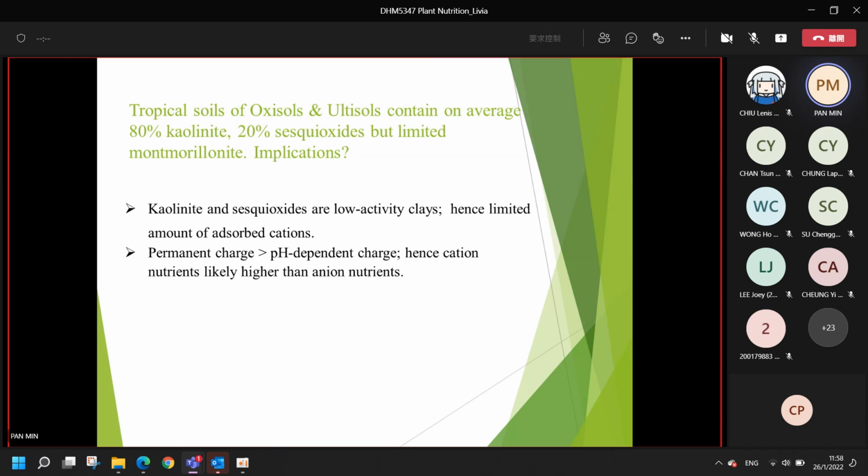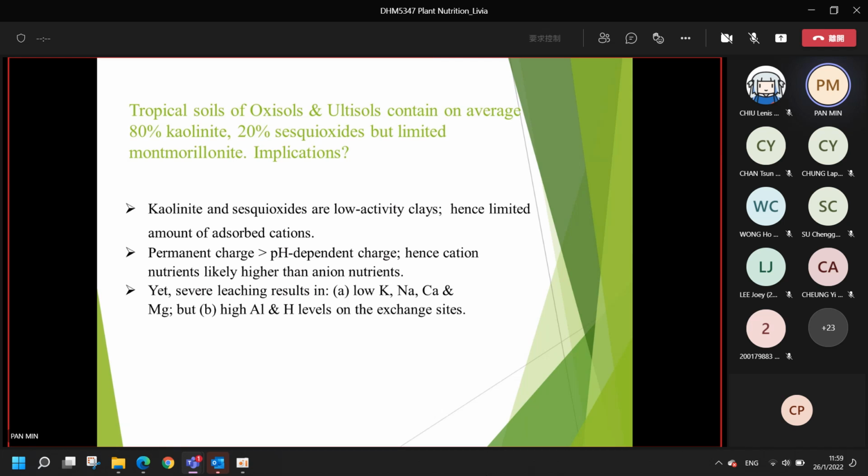And it has the permanent charge larger than the pH dependent charge. Therefore, the cation nutrients are likely higher than the anion nutrients, which means that most of the nutrient ions cannot be used by the plant. And severe leaching results in a low